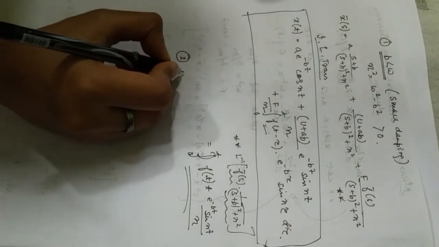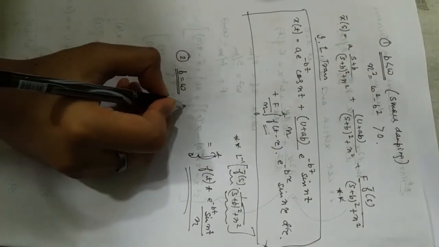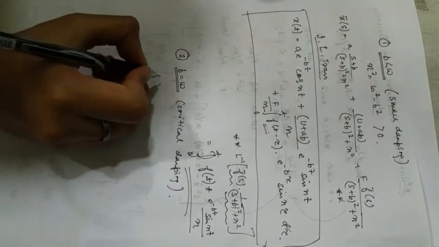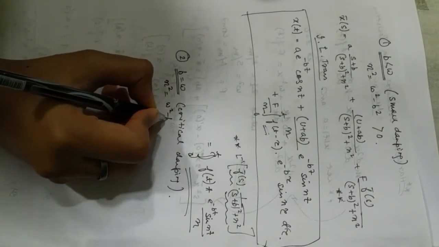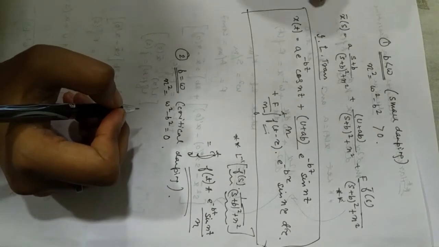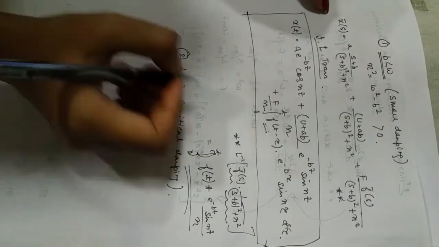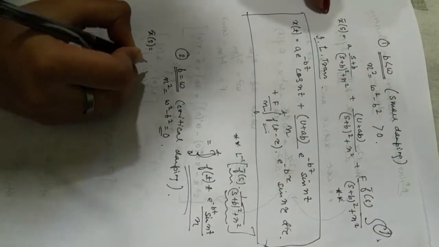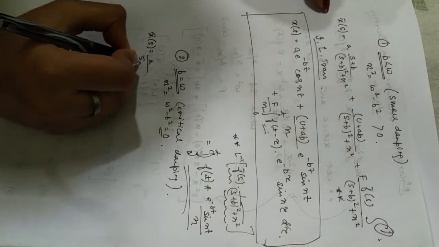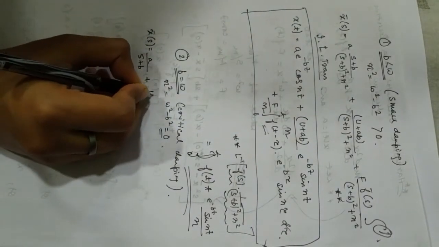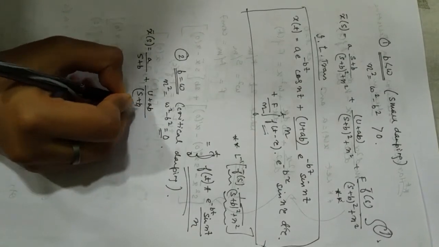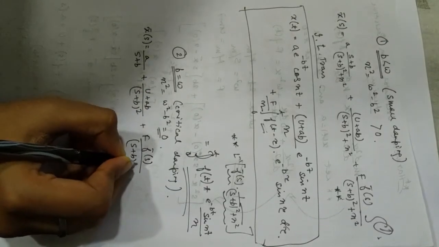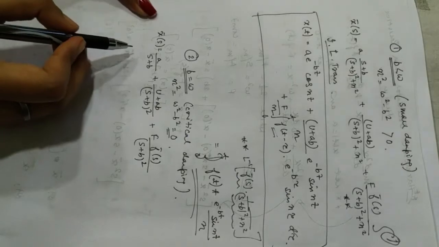So now case 2 is the critical damping condition, when b is equal to omega. This is called the critical damping condition. So in this case, you can see n square is equal to omega square minus b square is equal to 0. So we will just put this in the master equation 1. If we put that, what we get is x bar s is equal to a divided by s plus b, plus u plus ab divided by s plus b whole square, plus f bar s divided by s plus b whole square, right? So now all we need to do is invert this equation.